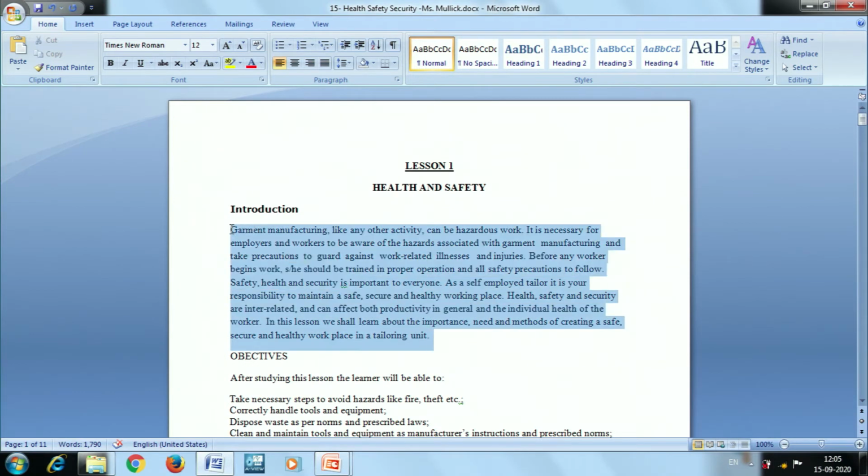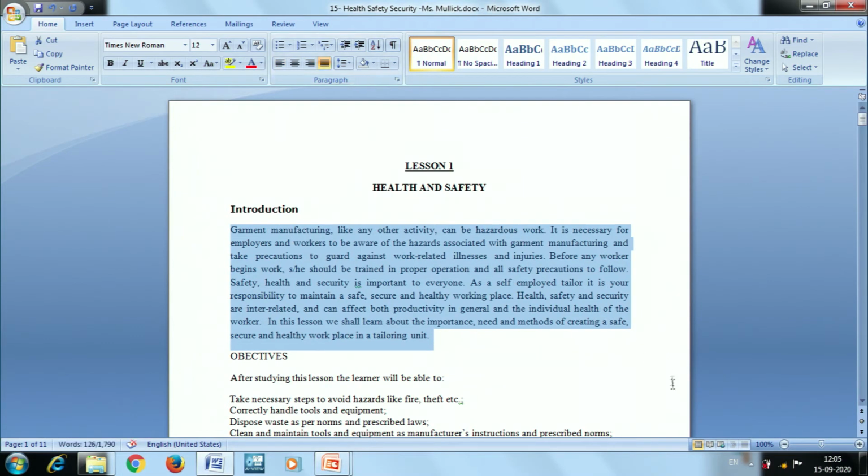So what I have to do, I have to apply some alignment. For changing the alignment, I can click the left alignment. Since the contents are already left aligned, I don't want to put it in center, and I don't want to put it in right alignment. So I have to use the justify alignment here. If I use justify alignment, the content is aligned as per the left and right margin. So you just see the changes after applying the justify alignment. Once I click the justify alignment, the contents are aligned properly.